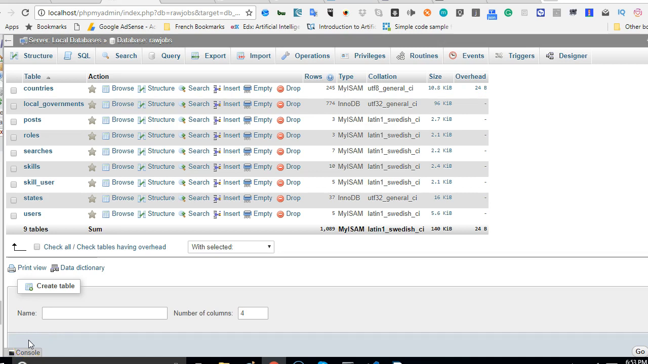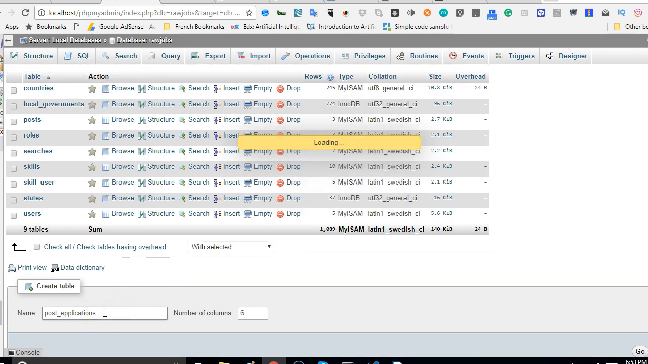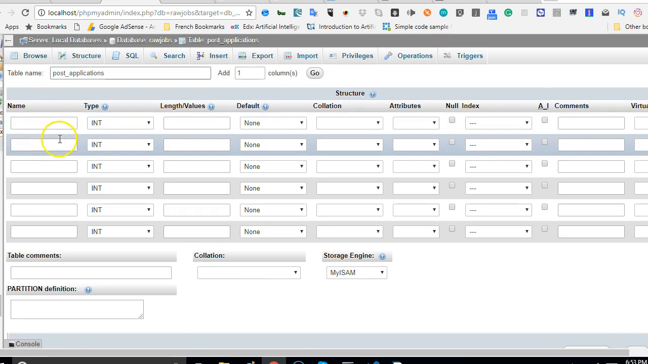So the thing is, we need to keep track of every application that is applied on this platform. So we need a table in a database that will keep track of every application. We will call that table post_applications. I will use an underscore, post applications, and it's going to have, let's say, 6 fields, and we're going to click go. It can as well be job applications, but I just want it to be consistent with the table